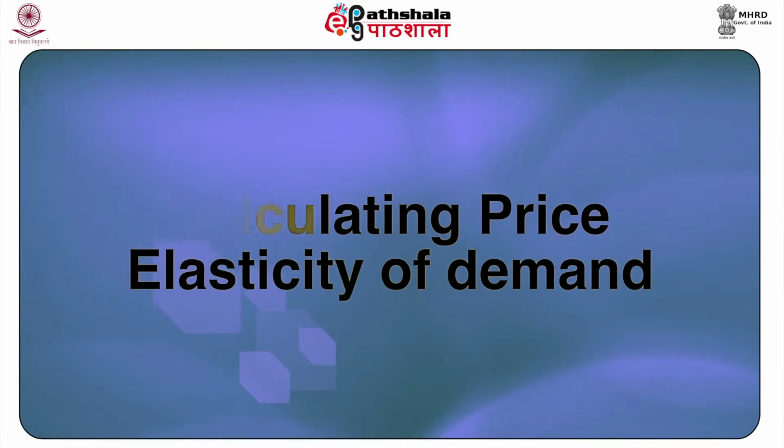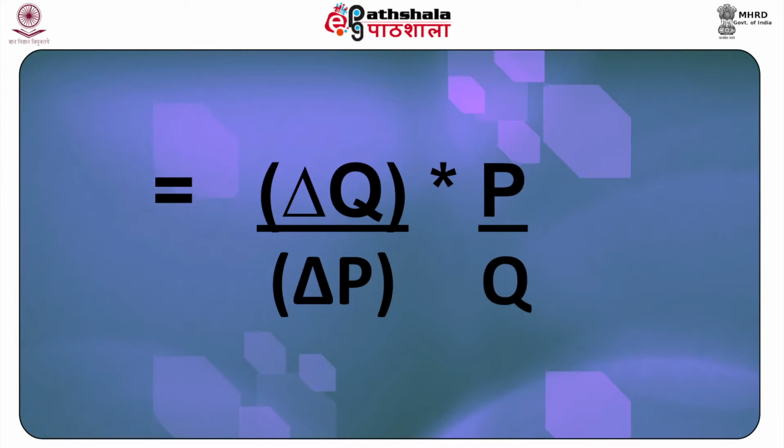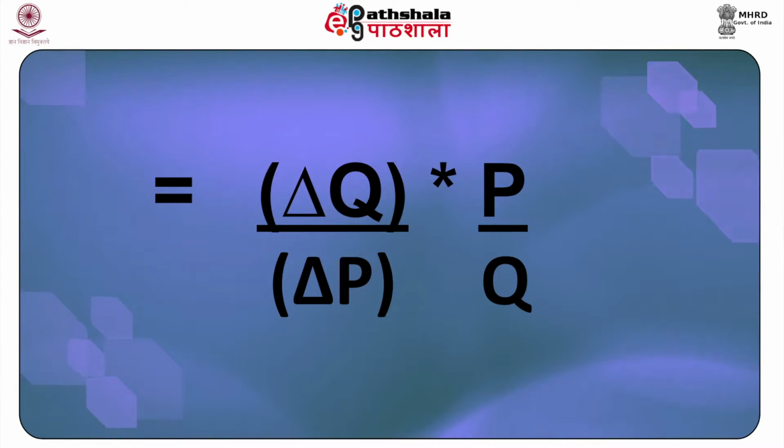Calculating the price elasticity of demand. The mathematical formula for calculating price elasticity of demand is given by the following equation. Change in Q by Q multiplied by 100 divided by change in price divided by price multiplied by 100. That is equal to delta Q by delta P multiplied by P by Q, which is equal to the inverse